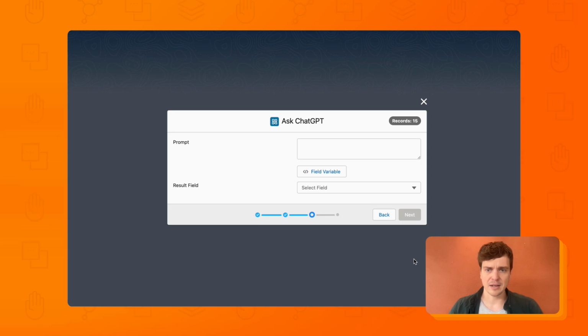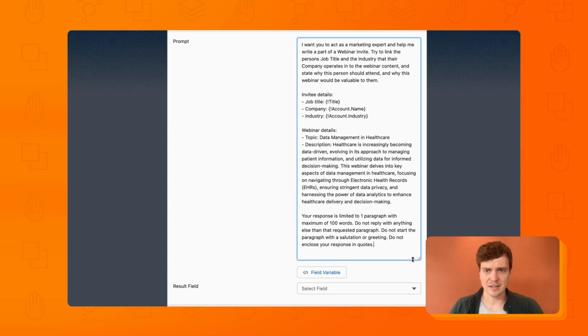In the action, I can define a prompt for ChatGPT in which I can use data from the individual records. Let me paste a prompt that I have already prepared. In the prompt, I'm asking ChatGPT to act as a marketing expert and help me write the webinar invite. Part of the prompt are field variables from the records, also referred to as merge fields, that are going to be replaced with the actual record information when the prompt is sent,